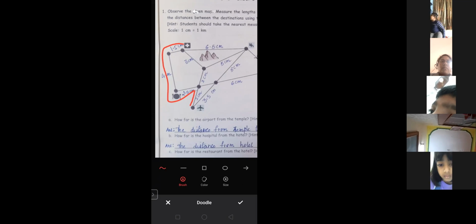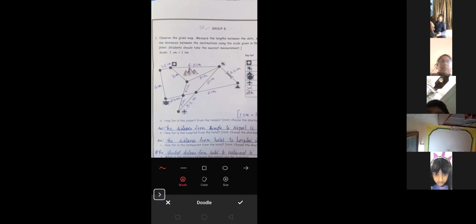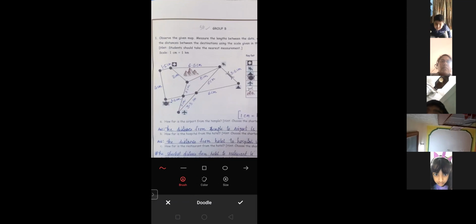So it's better to choose what path here? From airport to hospital, what path do we have to choose? This path is better, which is 7 centimeters, and the actual distance according to the scale is 7 kilometers. Okay, children. Now take down the answers, all of you.